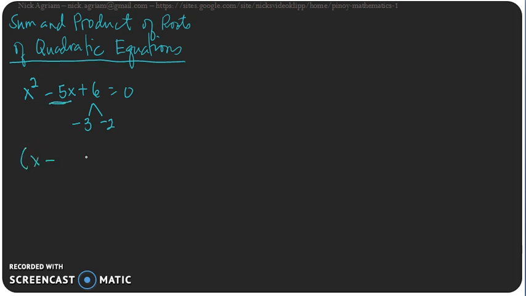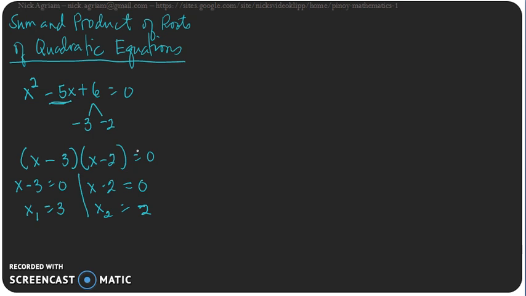That's why we have (x minus 3)(x minus 2) is equal to 0. We separate the factors, then we have x minus 3 is equal to 0, then our x sub 1 is equal to